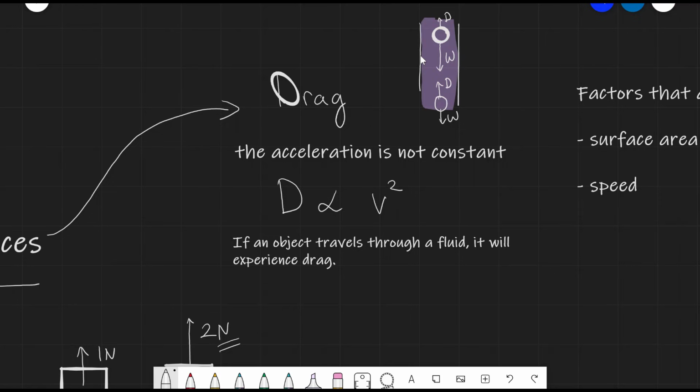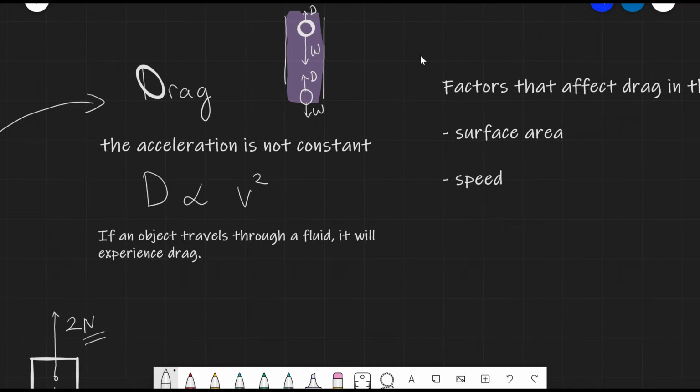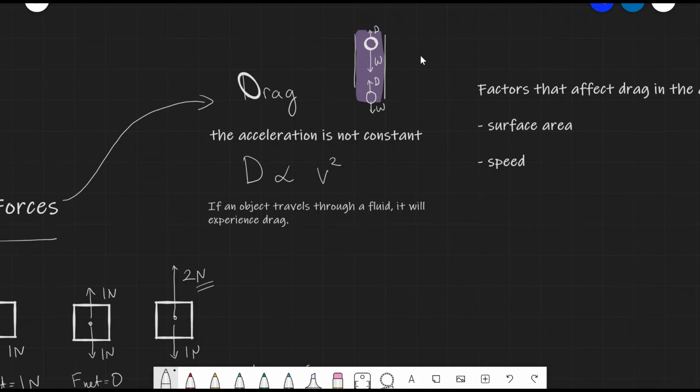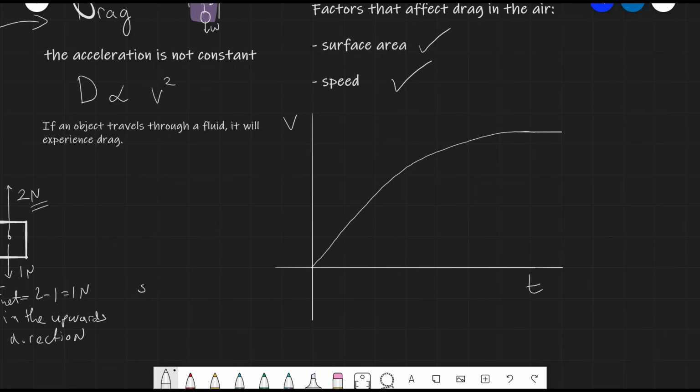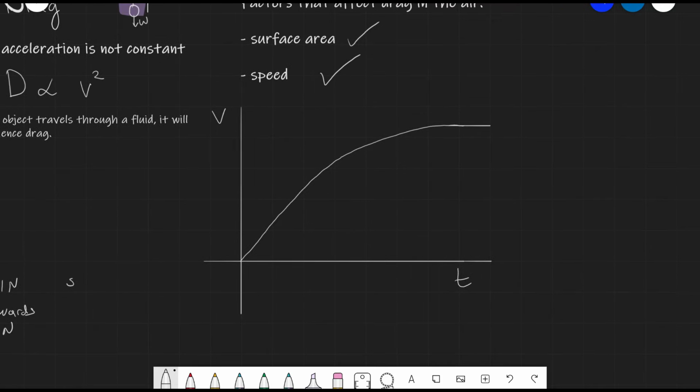There's some factors that affect the drag force in air and in a fluid as well. It's dependent on the surface area, and it's obviously dependent on the speed as well. Now let's examine the motion of an object that is falling through a liquid. Once again, this could be a ball bearing that is traveling along a long tube in a viscous fluid, like so. It could also be the motion of a skydiver, for instance, as well,